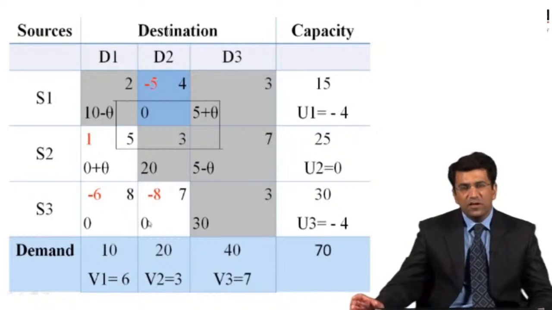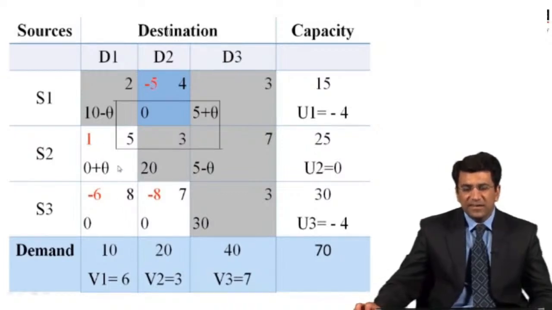This cell is always empty, because this cell is already empty, and we cannot subtract from an empty cell. So it is always good to avoid the empty cells for including that theta. So that's why we put plus theta here, and then in order to balance that particular row, we have subtracted